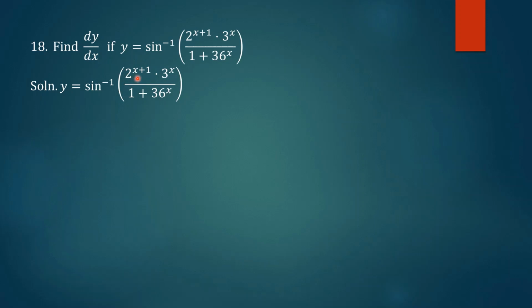This is actually 2 to the power x into 2. So this 2 to the power x and 3 to the power x, it is equal to 6 to the power x. So we write like this,